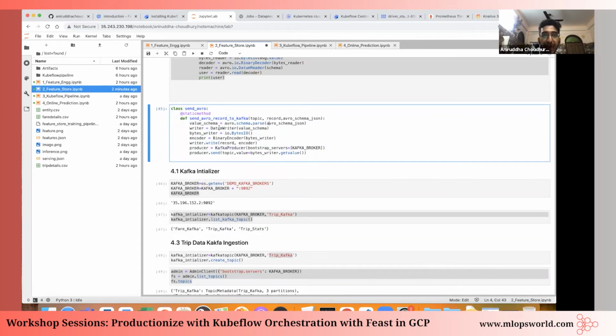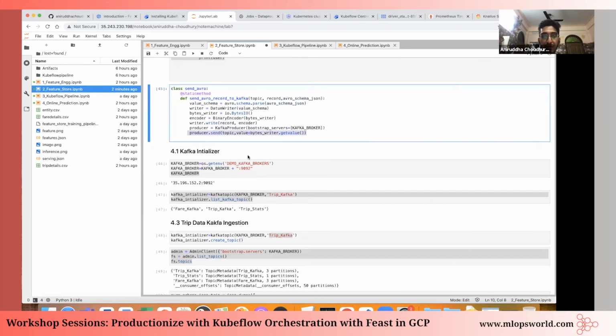It will first write in a data writer, and you can change it into a bytes object. Then it will encode that particular object, and it will write the object as a record, publish it to a Kafka producer, and it will produce this. You can send the topic with respect to whatever value is there. So once you do that,